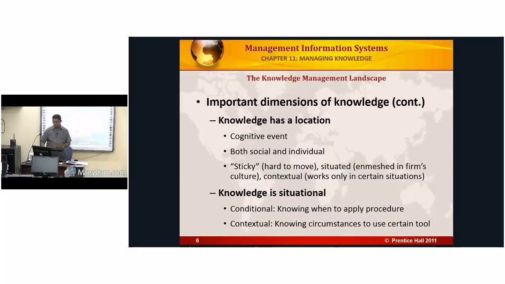Knowledge has location and knowledge is situational. So under knowledge has location, we take this as a cognitive event, and it has sticky characteristic. So when it comes to situational knowledge, we have conditional and contextual knowledge, that is